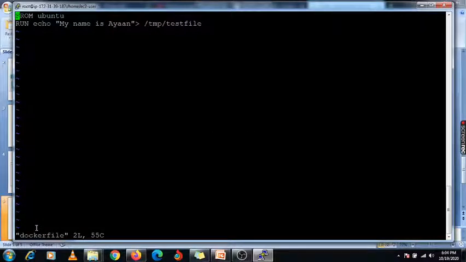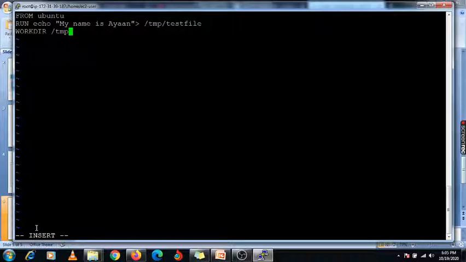From ubuntu I am going to create that image, and here I am going to specify this RUN. Enter it. Here I am going to specify the directory, that is WORKDIR, and specify /tmp.